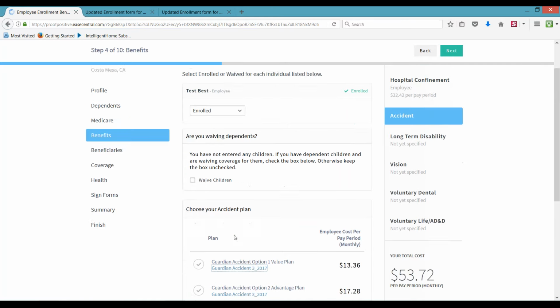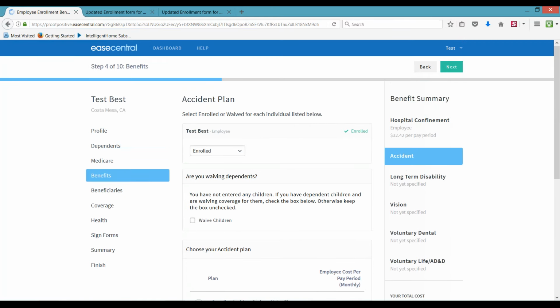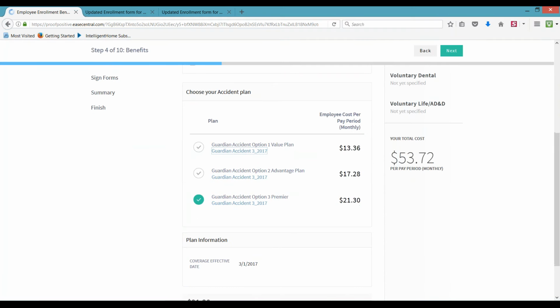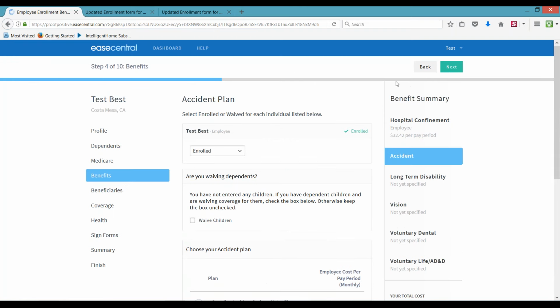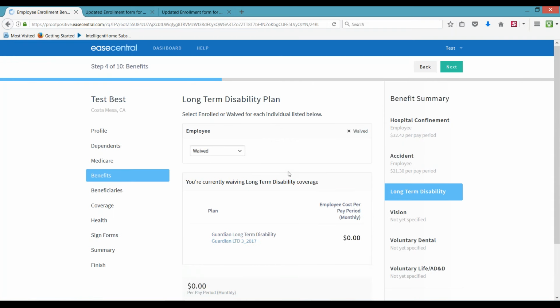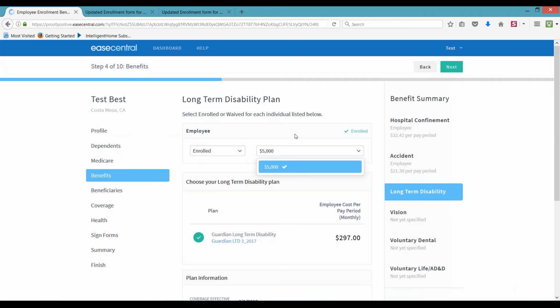So once again on the screen, you should be seeing what I see here, which is the actual enrollment portal, right? I've chosen option 3, and now I'm going to skip to the next benefit. So here I am, and now I'm at the long-term disability benefit. Now, this is a little bit different. For the long-term disability benefit, I have to choose to enroll before it will calculate how much it's going to be for me. And there are different prices that are all developed off of your salary.